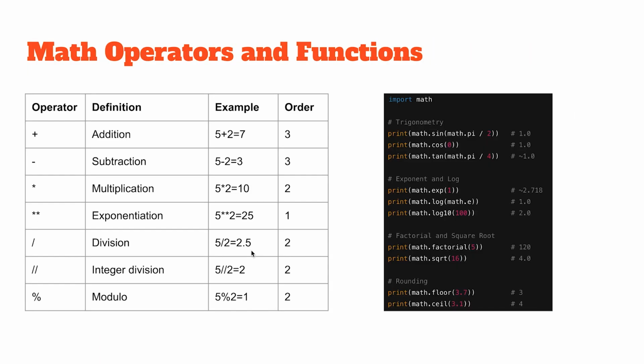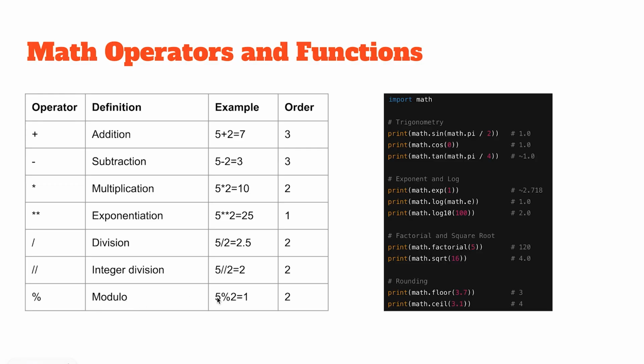There are other math operators and functions you can use to handle numbers. They include simple operators like addition, subtraction, multiplication, division. It also covers some useful operators: exponentiation, integer division, and modulo. For exponentiation, using two stars, 5 ** 2 is 5 to the 2, which is 25. Integer division will give you the integer part when you divide by some number. So 5 is 2 times 2 plus 1, so integer division will give you 2 as an output.